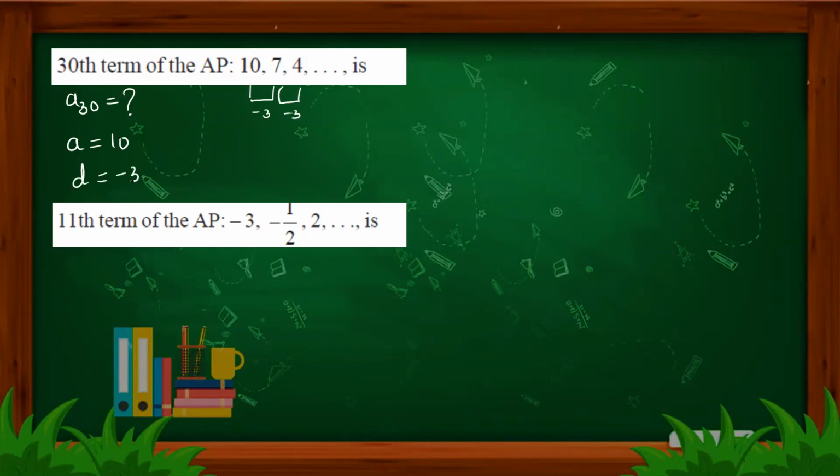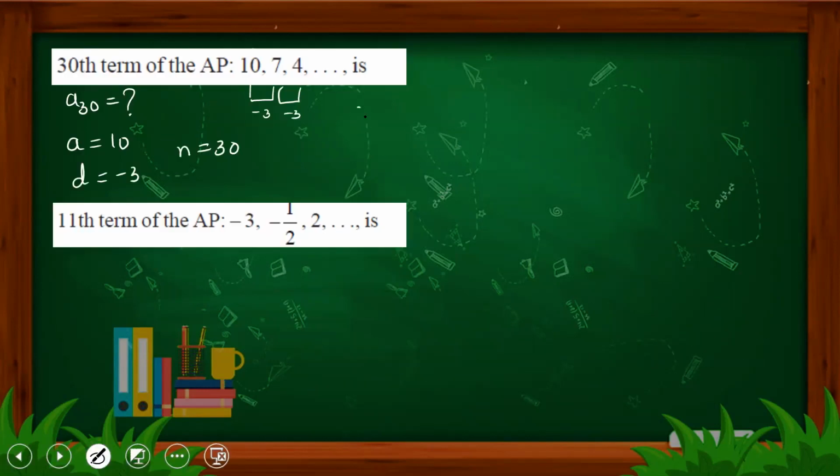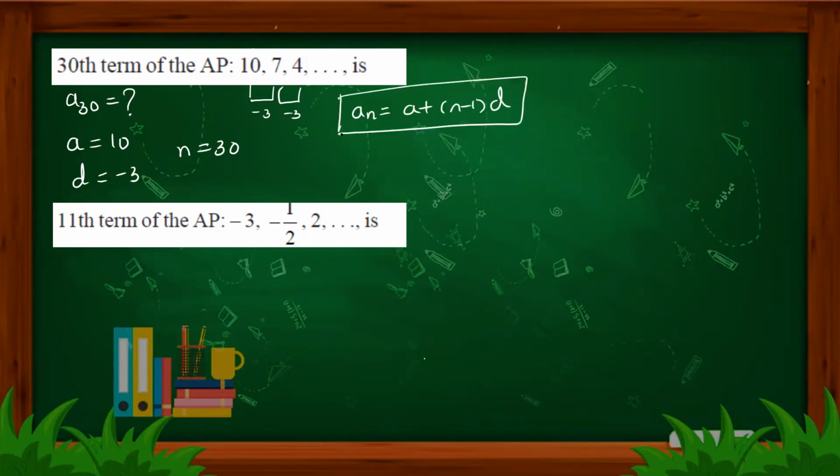And we need to find out the 30th term. That means n is equal to 30. So what is your formula? The formula for the nth term of an AP is An is equal to A plus n minus 1 into D. Some textbooks say Tn is equal to A plus n minus 1 into D. That's not a problem. Just substitute the values. So therefore, A30 is equal to,